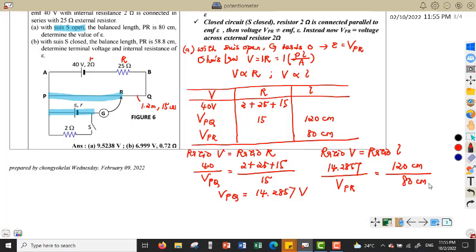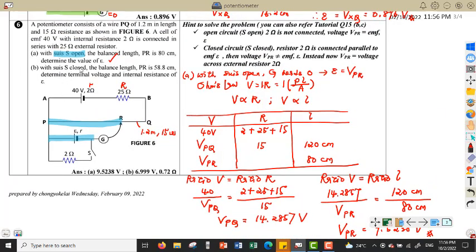So when we do our calculations, I'll get our VPR is around 9.5238 volt. Okay, then since we know that when G reaches 0, the VPR is equal to the EMF of the battery, so it means that the EMF of the battery will be 9.5238 volt. Okay, then we settle this question. We have determined the value of EMF of the battery. Clear? Okay, then we move on to the second question,